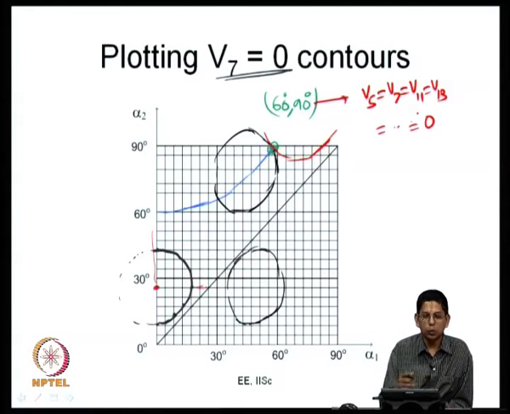So, many a times that is a good starting point when you want to solve for numerical solutions, because the harmonic equations are straight away satisfied at that particular point now. So, you can also shift this curve a little this side and you will come up with yet another curve which passes through 60 degrees now.